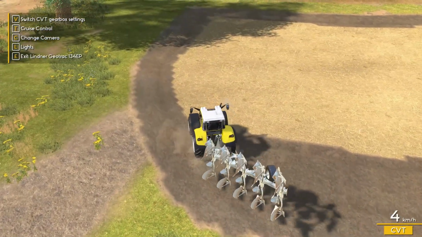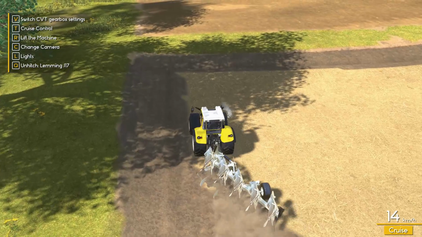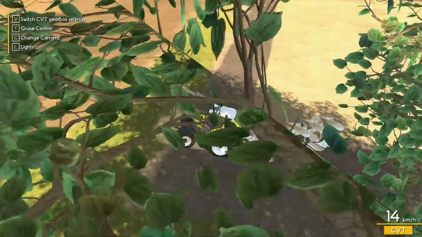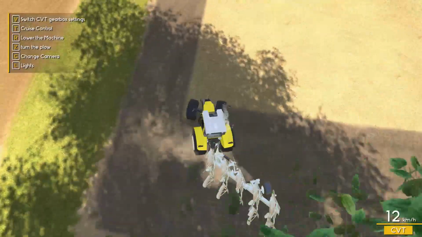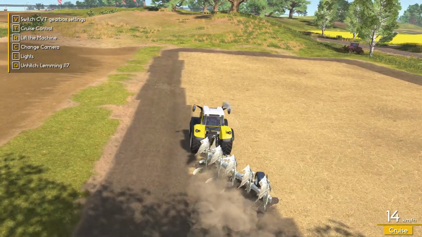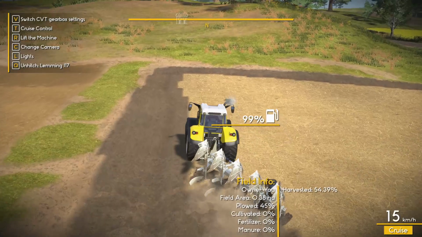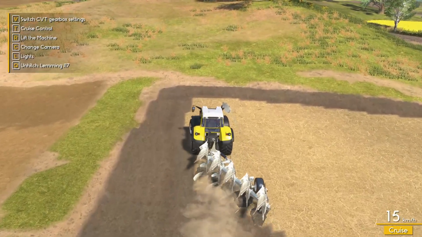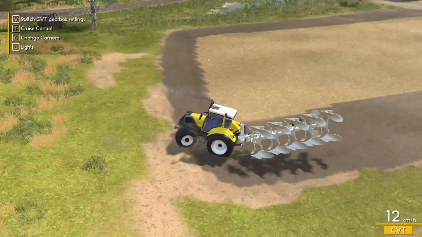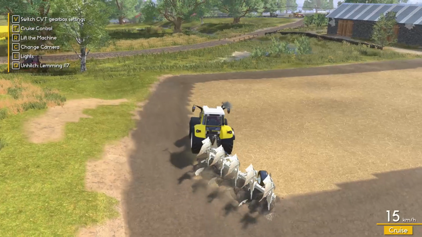Feels kind of weird trying to do headlands on such a small field. Oh, it already says 45% plowed, basically. Oh, that's what you get when you do a small field like this. But it is nice now that we finally got grass in the game. It just kind of sucks that